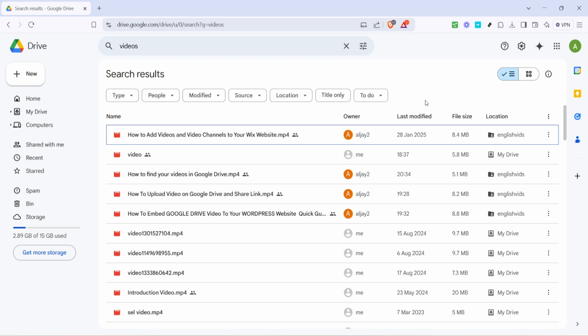Remember that the time it takes to open and play your video might depend on the file size and your internet speed. If your connection is slow, the video may take a few extra moments to buffer before it begins playing smoothly. If you run into any issues playing videos, a quick refresh of your browser page can often resolve minor playback glitches.